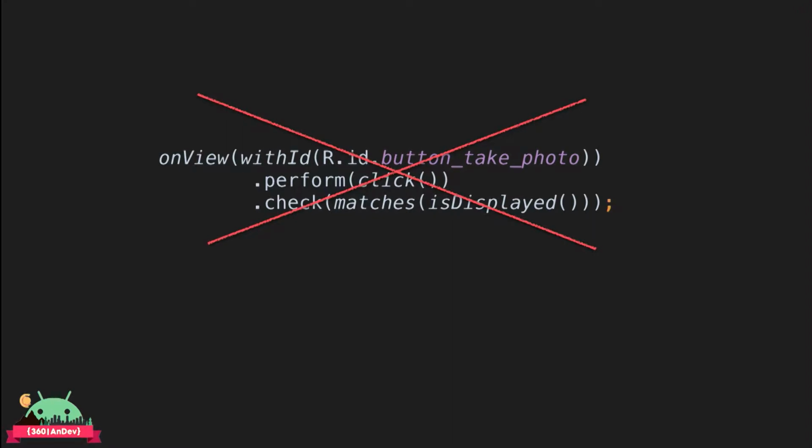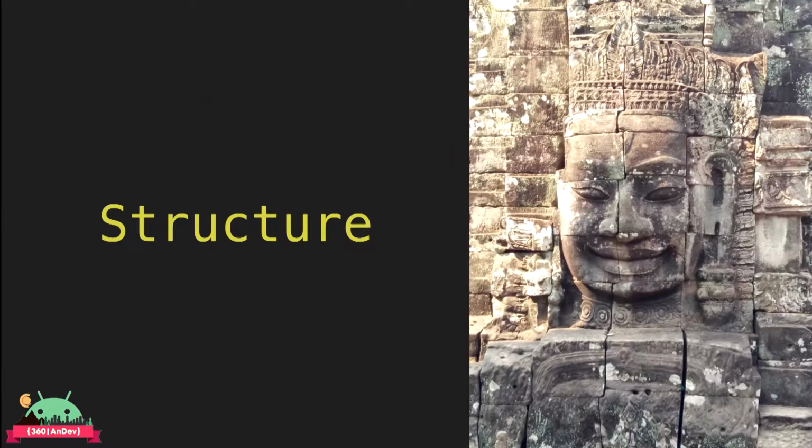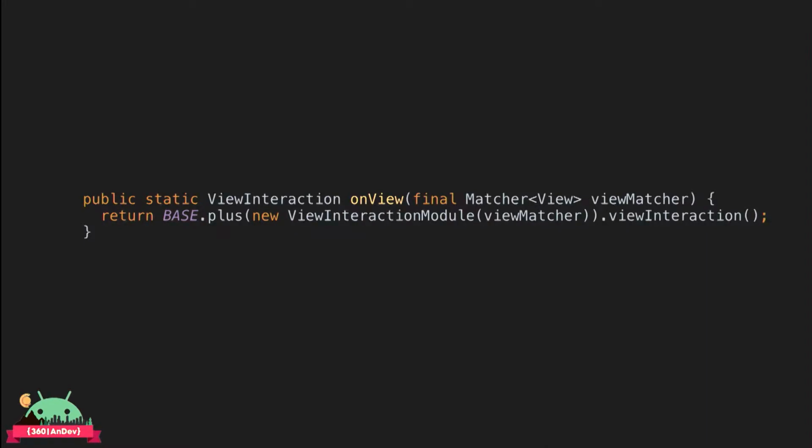And to understand, we have to analyze what the structure of Espresso is. So before, I said that onView is the basic operation, and if we see the Espresso class, that actually is the entry endpoint for Espresso, we are using a base plus whatever module. This is something that comes from the dependency injection, Dagger in that case, that is used by Espresso. And I think that it's a very good practice